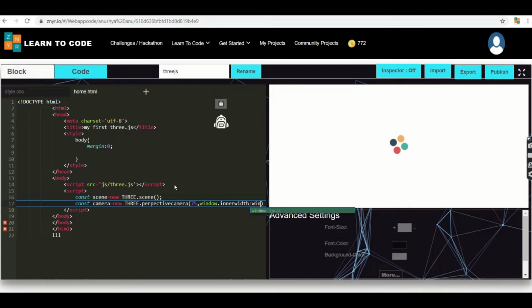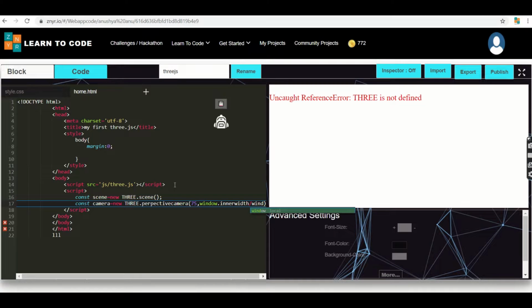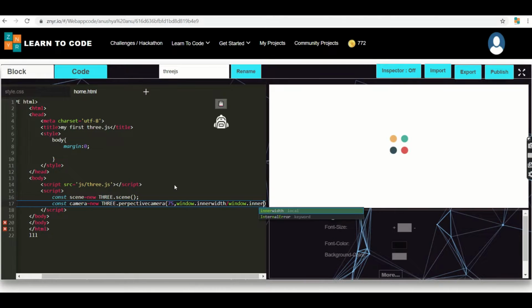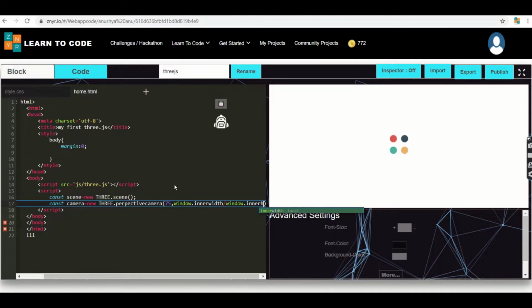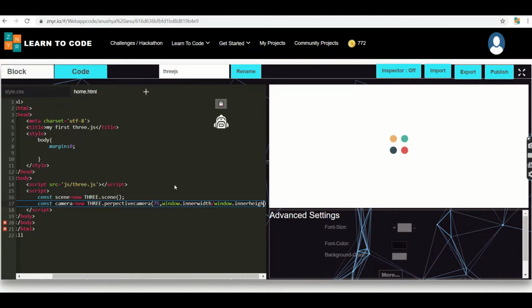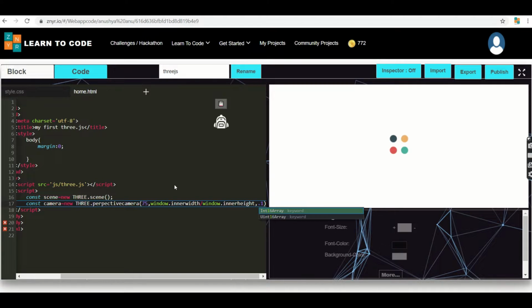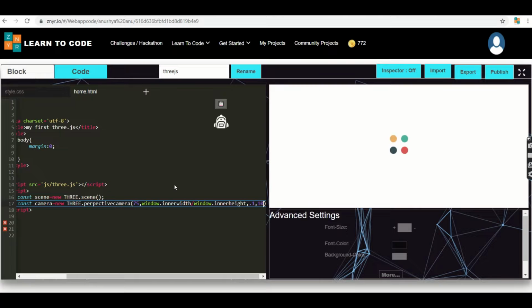I'm going to use 75, window.innerWidth slash window.innerHeight, because for the cube, you might know it has some width and height. So next I'm going to declare the values 0.1 comma 1000.